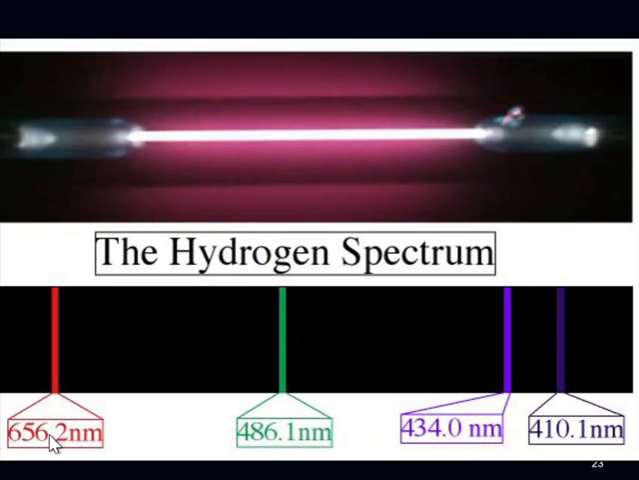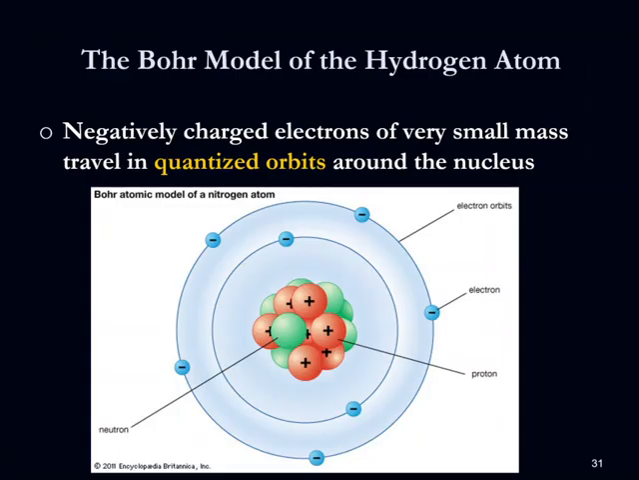Anytime you see red light, it's going to have a wavelength something like that. And so what we're looking at here are energies, wavelengths of energy, and we're able to separate them with a spectrometer and with our eyes based on color. All right, so now we're going to try to tie the fact that we have this hydrogen spectrum of light